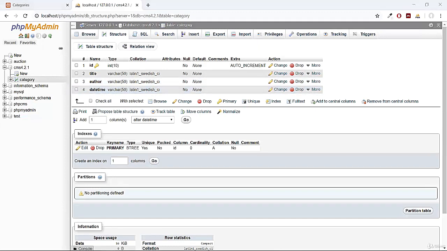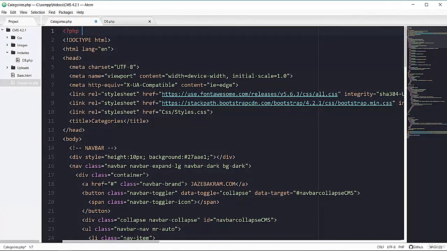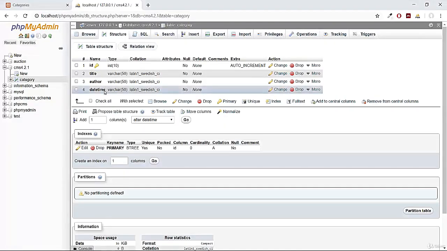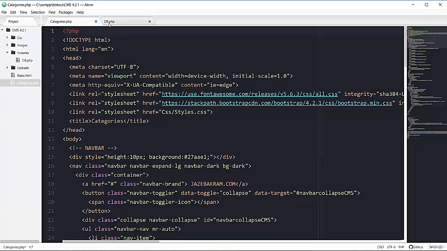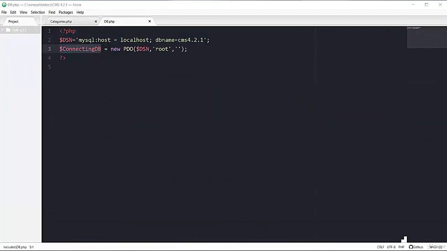So back to my editor. Now in order to work with this table, first of all we have to bring this database to our script. We already created a connection in this file of db.php in the previous movie. So now we can simply include this file in categories.php, and we can use this connecting db variable to work with the database.